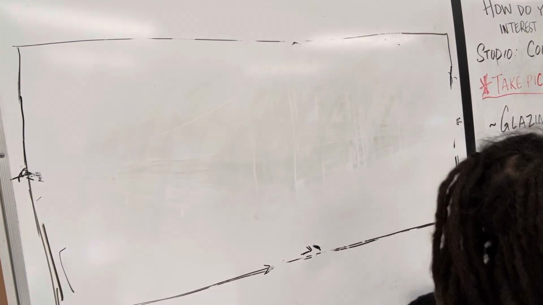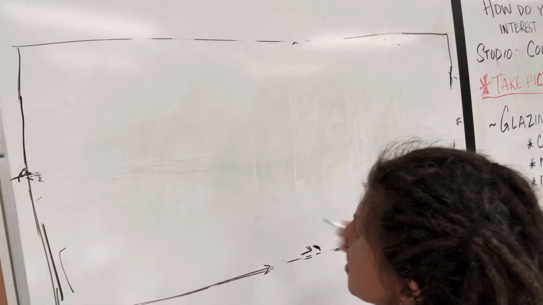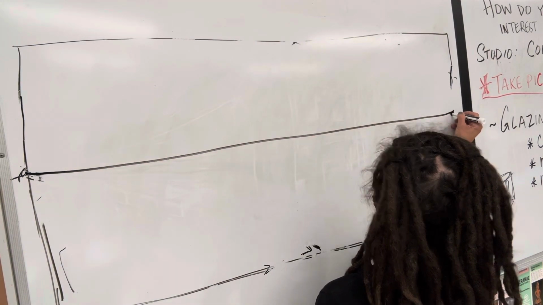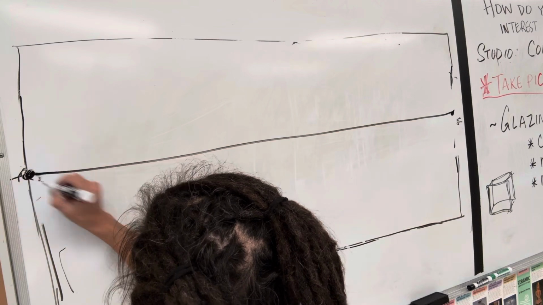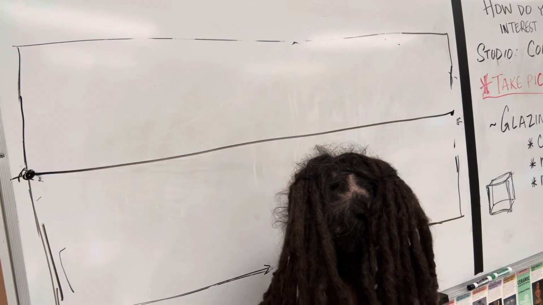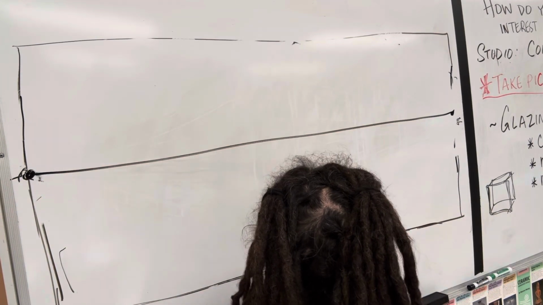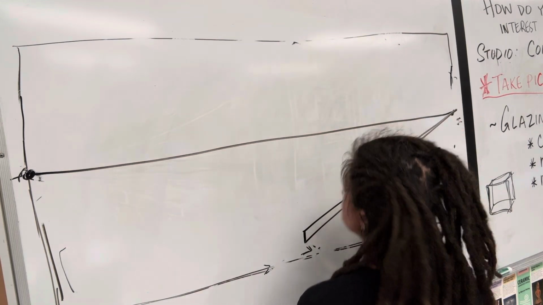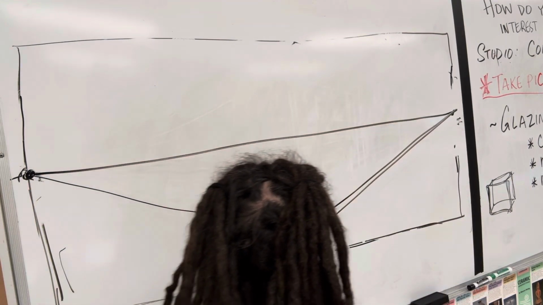So here we go. On this drawing, the horizon line goes right down the middle of the page. The vanishing points are on the end of the horizon line. I'm going to draw the thing that I can touch first, and that's the curb on the sidewalk. So if I do my lines to the vanishing point,